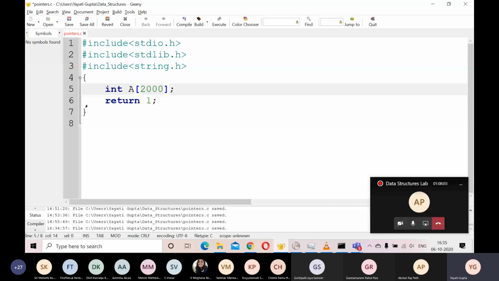What if, right at the time when I'm writing this code, before executing it, I do not know what size of array I need? What will I do in that case? Assume that I'm compiling this code, but I have no idea how many students are there in the university. Only when I execute this code, someone can tell me the number of students, and accordingly I can give it. So what's the solution to this?